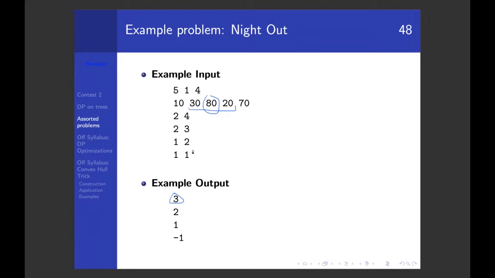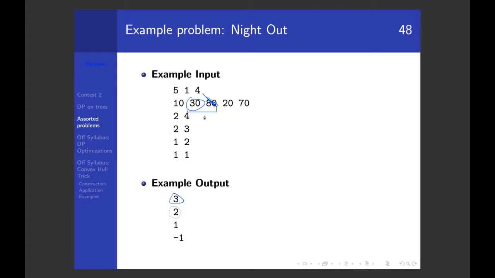Night 2, we go to the highest rated restaurant from 2 to 3. However, we don't visit the same restaurant 2 nights in a row, which means we don't go to this one here. We ignore this. Instead, we go to the next highest rated restaurant, this one here, restaurant 2. The third night,